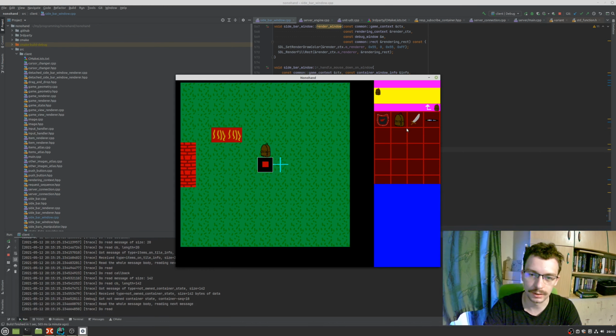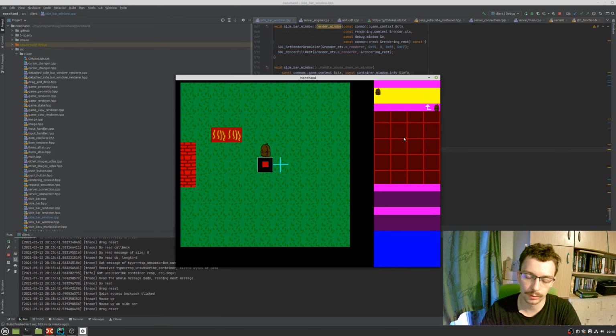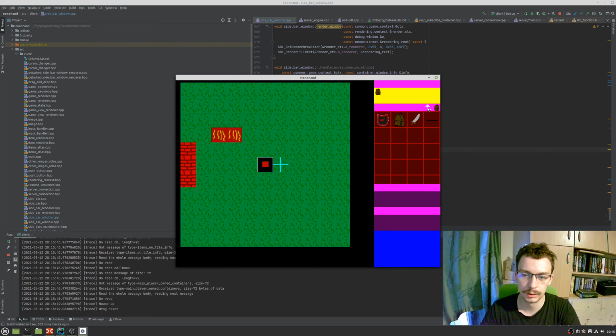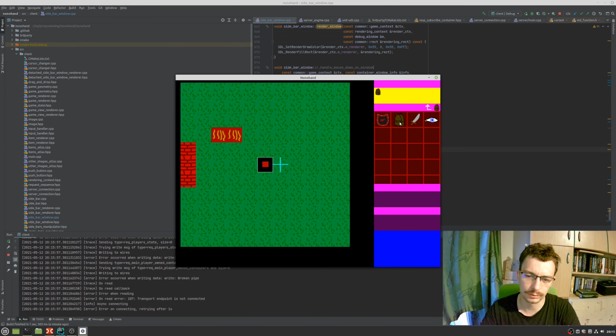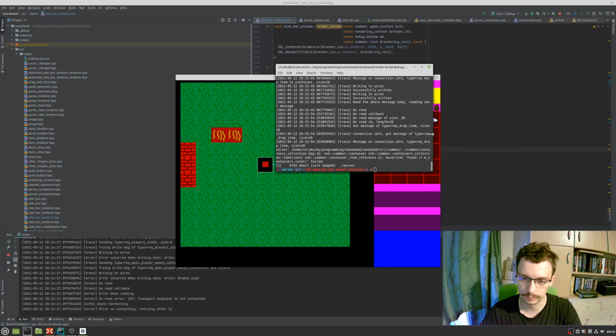There are still a lot of cases that I need to handle in these not owned containers. The containers that you own, which are the main container and the containers that you hold in your main container, I call owned containers, and every container on the ground, or anywhere that you don't own, is a not owned container. I still need to work on this. Whoa, we have a crash in the server,